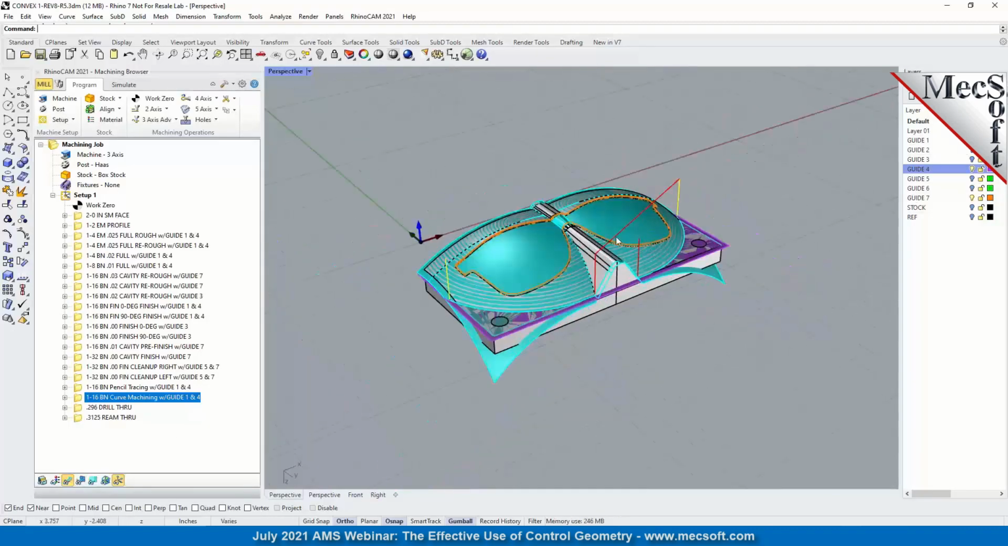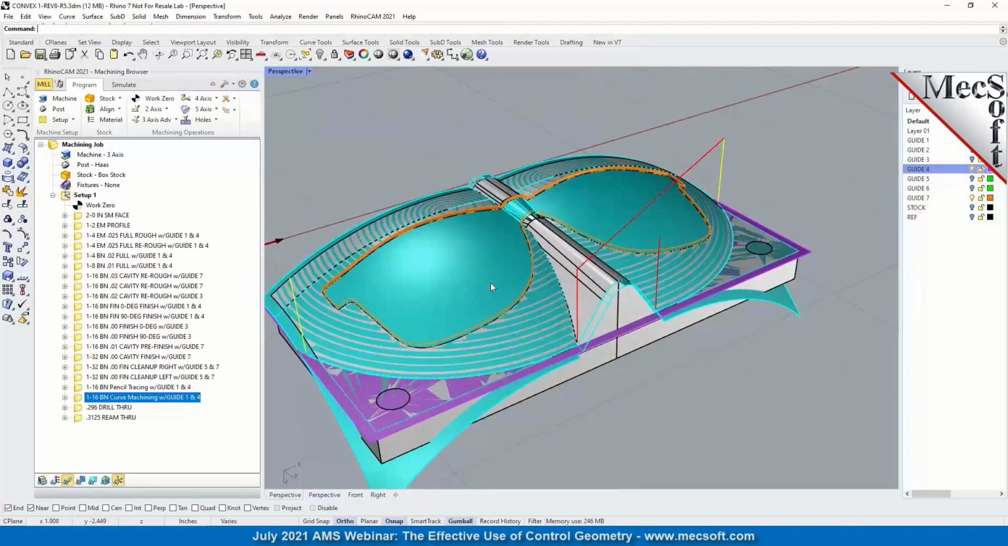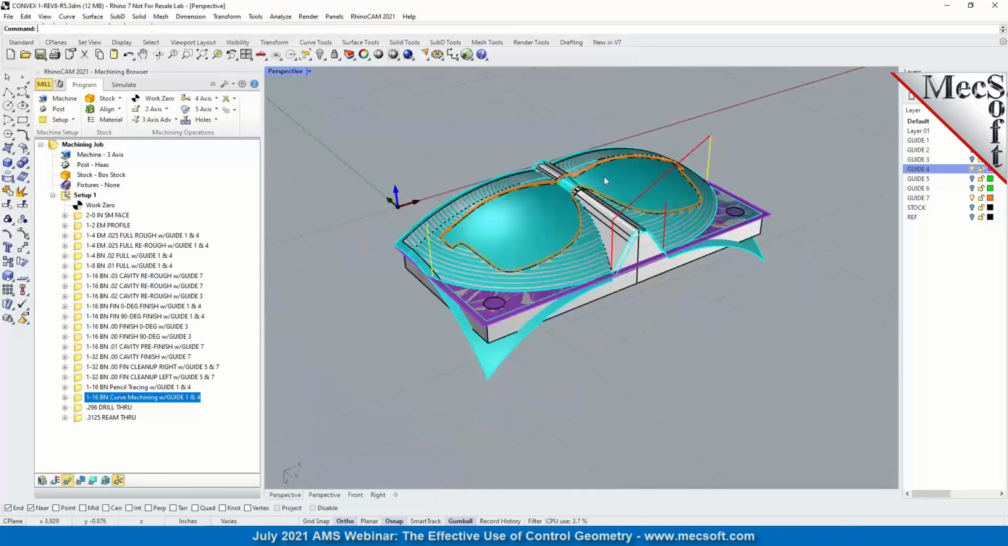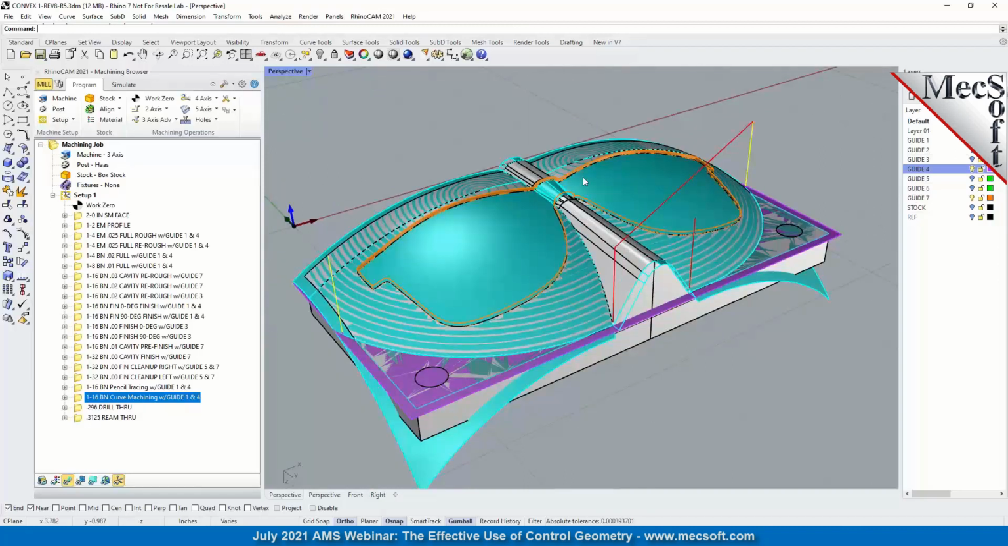Okay, this I hope gave some real world examples of how people are using control geometry to control and affect their tool paths, not only for roughing, not only in 2-axis, but also in 3-axis, and 3-axis roughing and 3-axis finishing. Okay, we're about 5 minutes out, so I'm going to go back